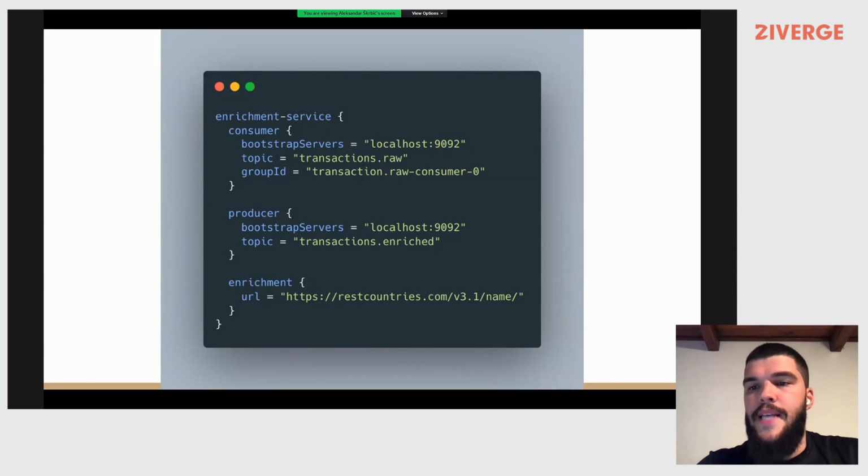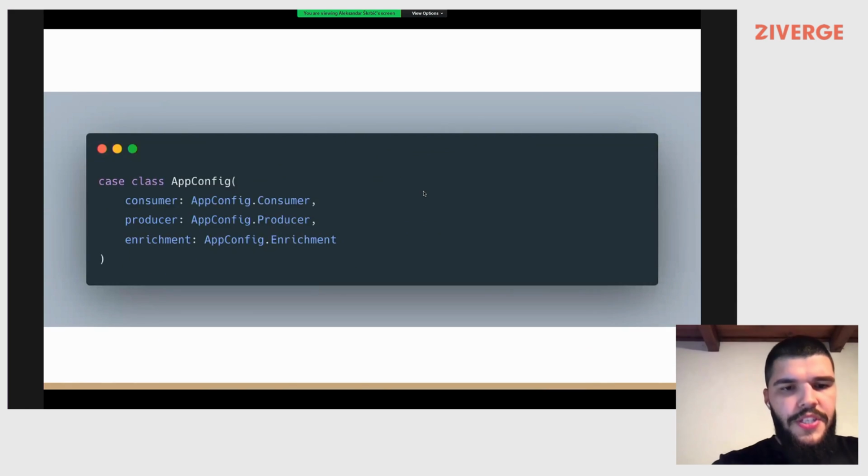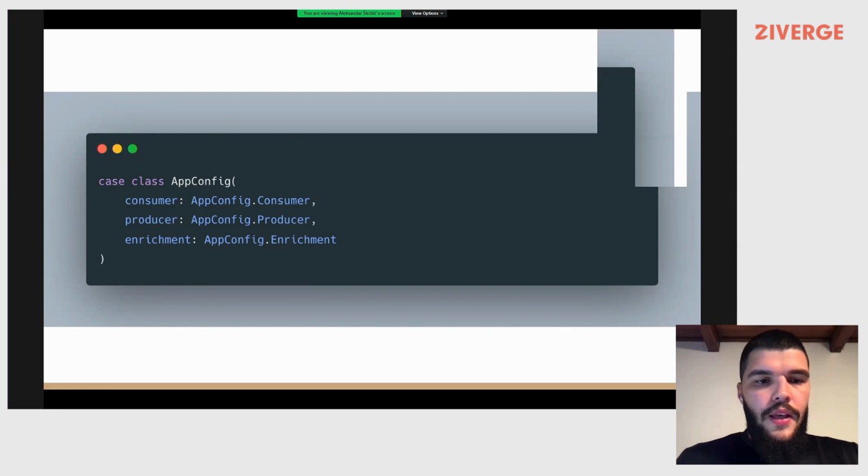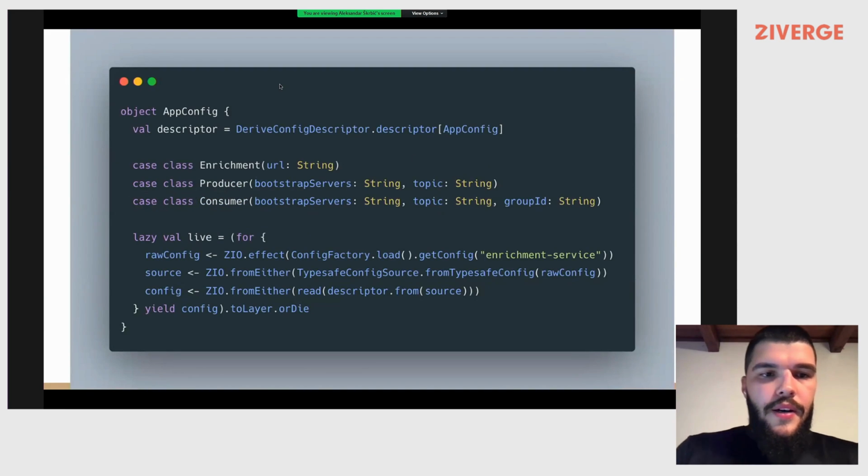Here is an example of a configuration file in HOCON format from one of our microservices that we described earlier. This can be represented as a Scala case class with 3 fields, and every field is a separate case class. So this is how it looks in the code. Now let's check the AppConfig case class companion object